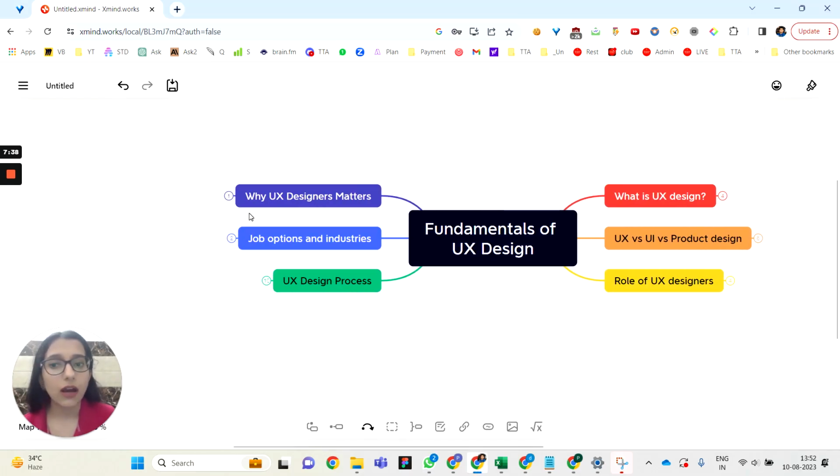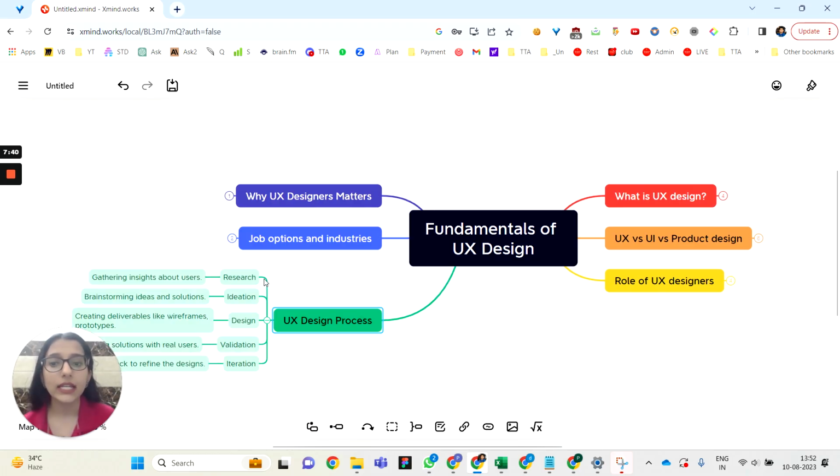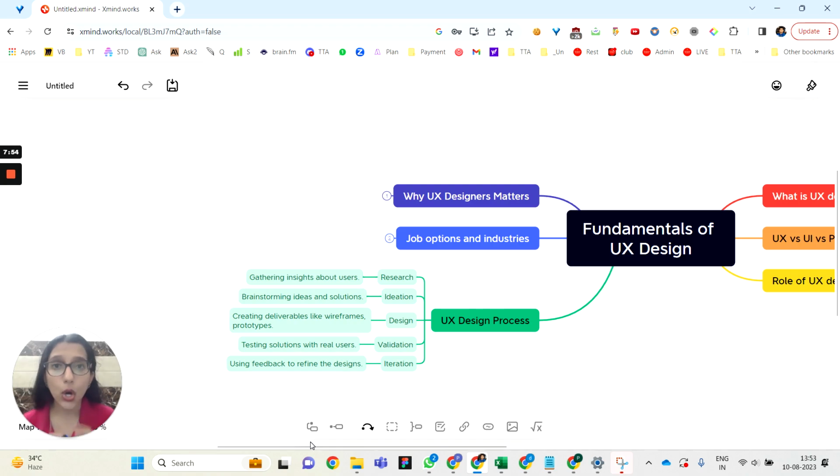Next, I would say, what exactly is the process they follow. We just talked about how they do the research, they do testing, and then they iterate. But the research part is actually a lot. They actually gather information about what their audience looks like. For example, I'm creating an